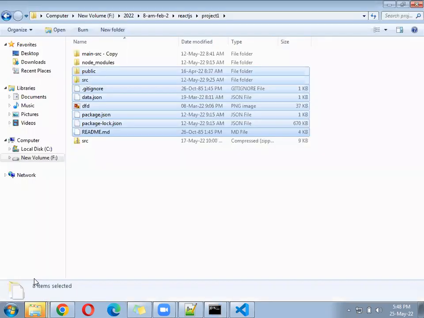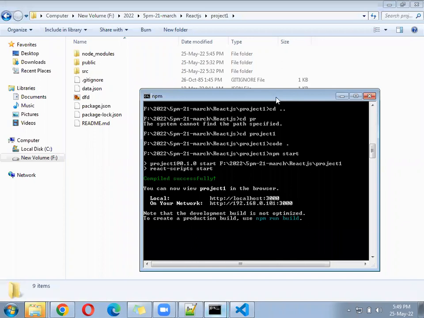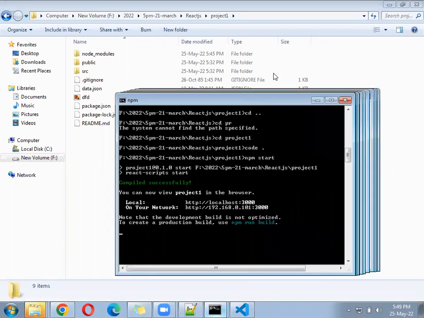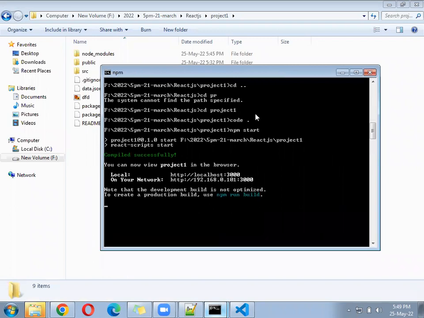If you run it outside of project one, where you have your entire source code, it won't work. Let me go to my project folder. You can see here, this is the source code. At this place you have to open the CMD, and there you need to write npm start. If your CMD or VS Code is pointing somewhere else, it will throw an error. It will show a compilation error or multiple types of errors. So please make sure you run npm start under the project one folder.